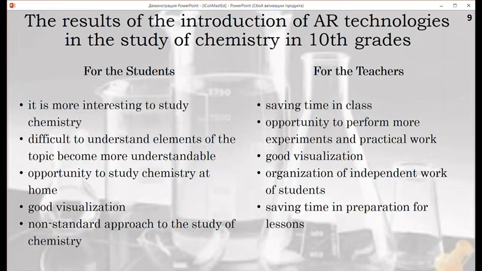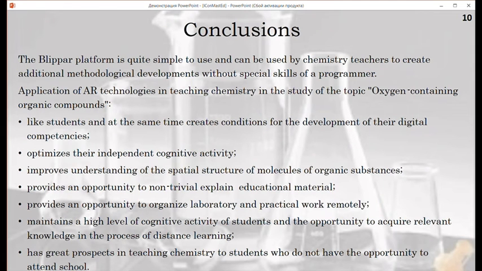Therefore, we can summarize. The Blippar platform is quite easy to use. A chemistry teacher can create additional methodological developments without the special skills of a programmer. Application of augmented reality technology in teaching chemistry in the study of the topic oxygen-containing organics